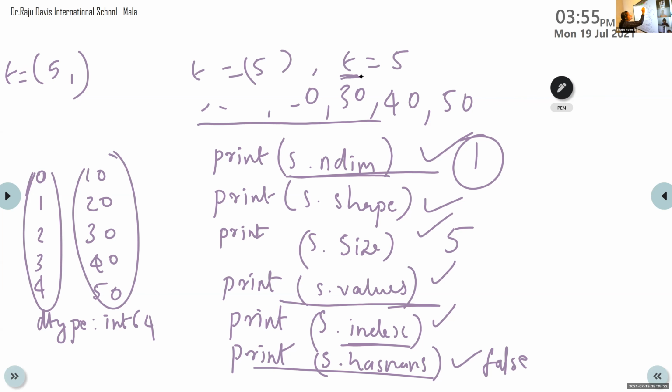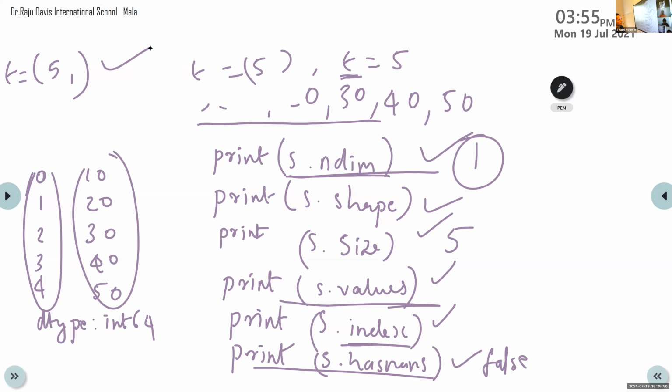We assign 5 to this normal variable t. Round brackets are there, but the compiler will not consider this statement as a tuple. If you want to create a tuple with a single value, this is very important: t is equal to, within round brackets, write the single value and give one comma also. Then only it will make that element a tuple.